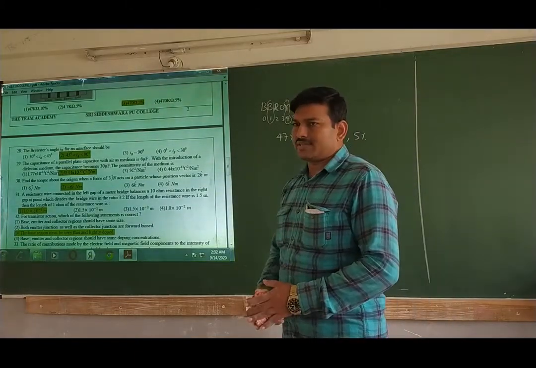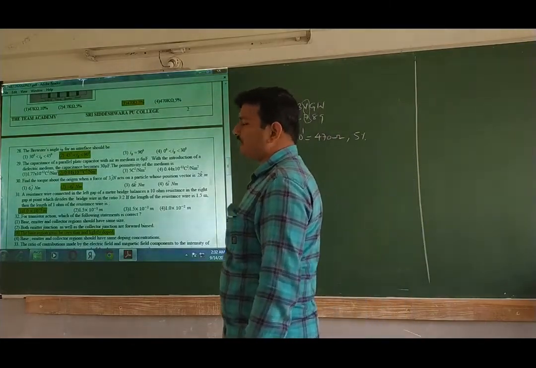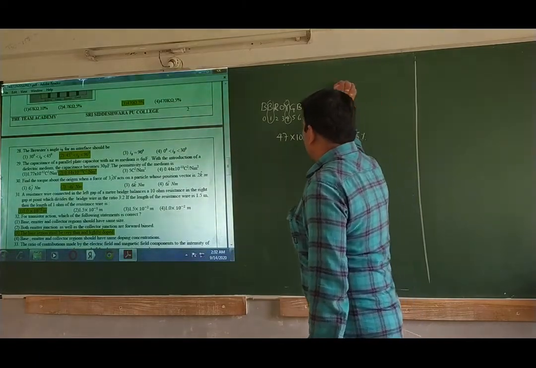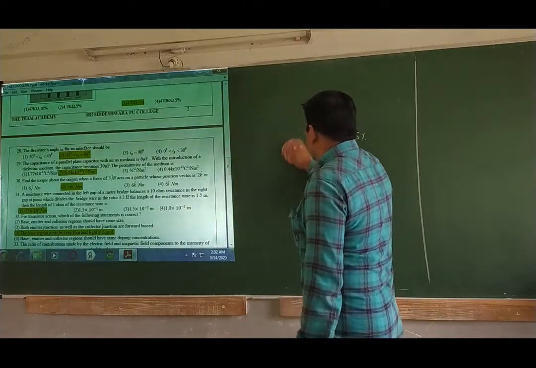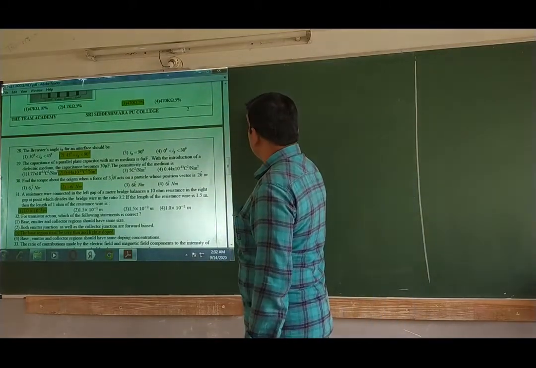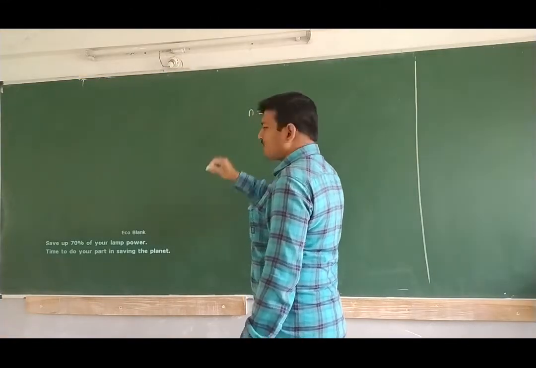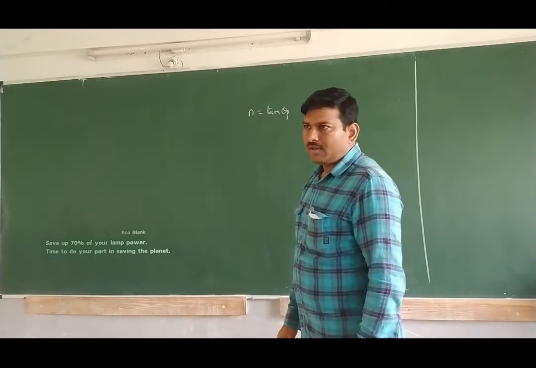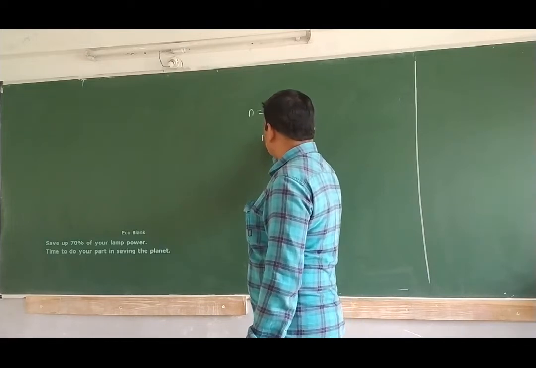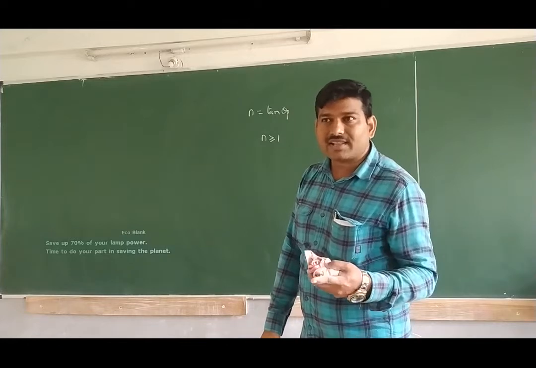According to this paper, we can say it is a logic based question. The Brewster's angle iB for an interface should be. So, what is Brewster's angle? From Brewster's law, n is equal to tan theta P, or mu is equal to tan theta P. n refers to the refractive index. We know that the refractive index of any material is always greater than or equal to 1. It can never be less than 1.